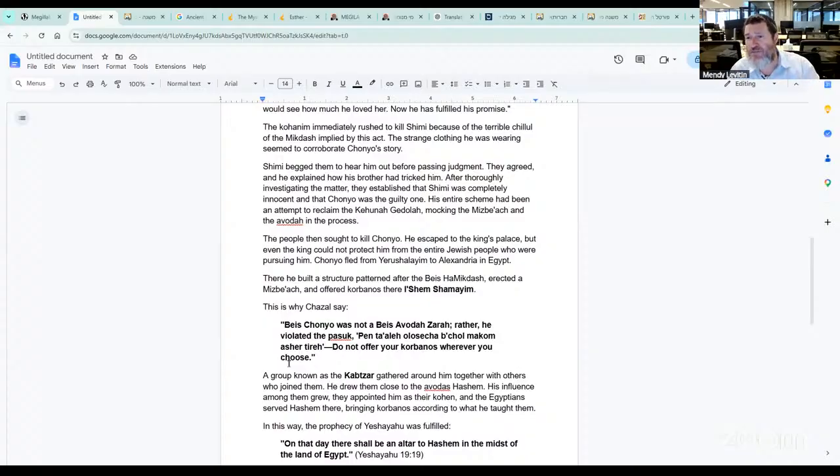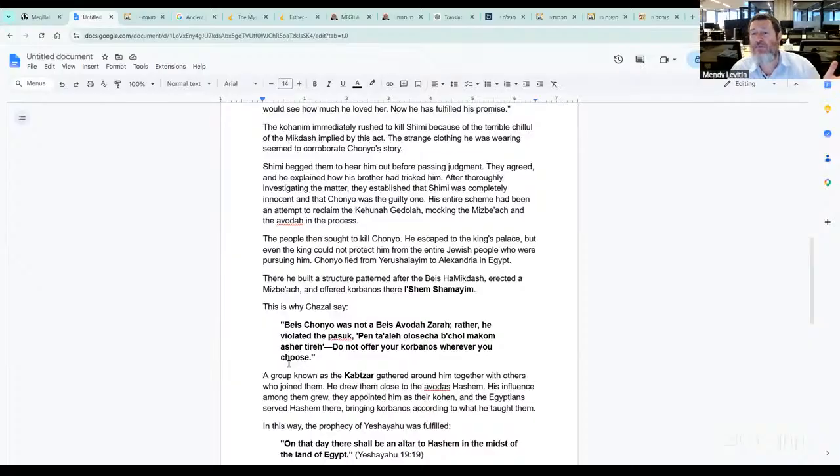Not everyone agrees. Tosfos doesn't agree with that. Tosfos holds that he wasn't violating any law. Because then surely, how could you have a sacrifice? Tosfos says that he was sacrificing for the Noahides. It was for Gentiles. The prohibition of building a second temple or building a temple outside Jerusalem is only applicable to sacrifices for Jews. He built a temple for Gentiles, righteous Gentiles, the Bnei Noach, who wanted to sacrifice for God, and there's no violation for them to do it.